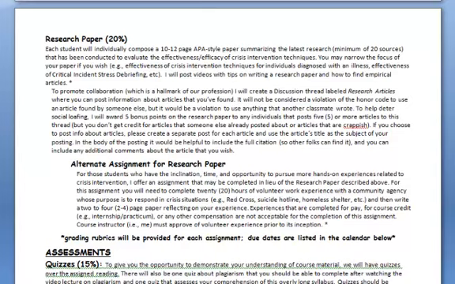And I also have to approve of your experience before you do it. So you don't just go sign up for something and start volunteering, and then you come to me and I say, oh no, that doesn't count. So check with me first. Email, give me a call, whatever. If you're interested in doing that instead of the research paper, that is an option. Okay. So that's all the assignments.